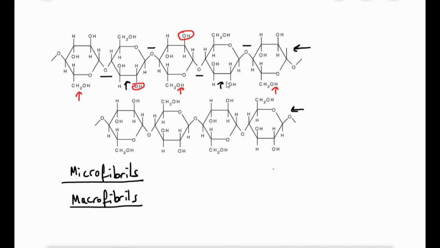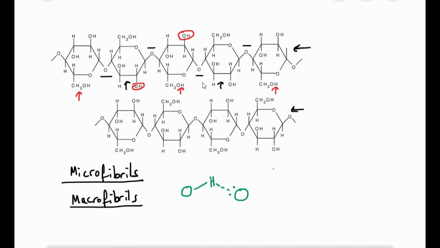So let me show you how this works. A hydrogen bond, for example, is a bond where hydrogen is shared between O or N atoms. So let's just say that we have a covalent bond between O and H. That hydrogen is now going to be shared through hydrogen bonding with another O or another N. And in this case, the hydrogen is going to be shared between two O atoms because there are no nitrogens